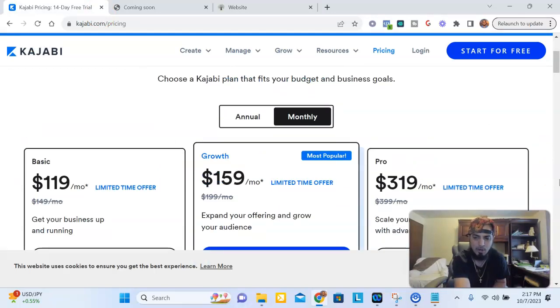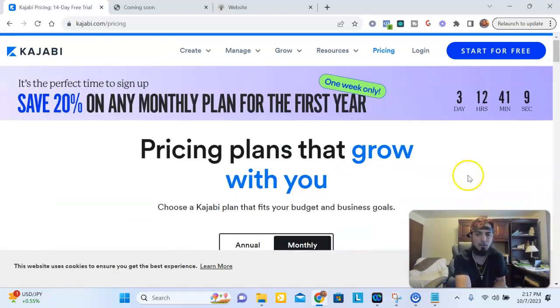If you have both of them, right, you'd be paying like $600 per month for both of these tools. If you were using ClickFunnels to design your funnels, and then using Kajabi, you're looking at like $600 plus per month. You don't need to be paying this. You don't need to buy Kajabi. You don't need it at all. And if you were wondering what Kajabi does, that's what this does.